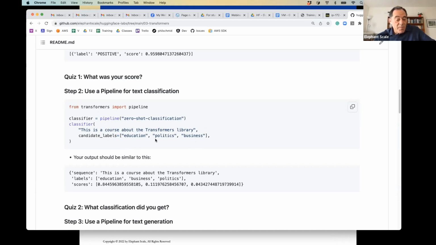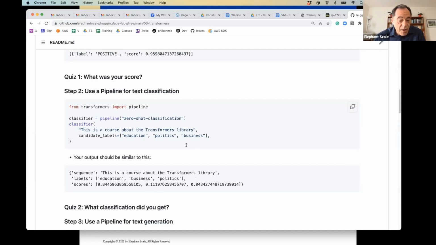That's very clear. And in any way, you usually see much better results in any system for that. In this case, it did say that it is 0.44 for education and a little bit for politics, very little for business.